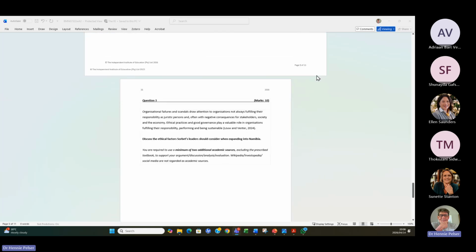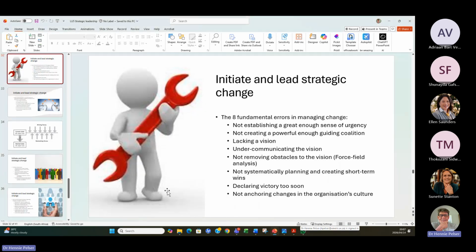So question 3 is about ethical leaders. So be very careful in terms of this particular question, guys. Remember, this is about Namibia. So be careful not to talk about our laws and our approach and the King reports. Rather go see what the alternative is and what Namibia's version of the King reports are when we discuss this one. So in terms of ethics, it is again learning unit 5 and